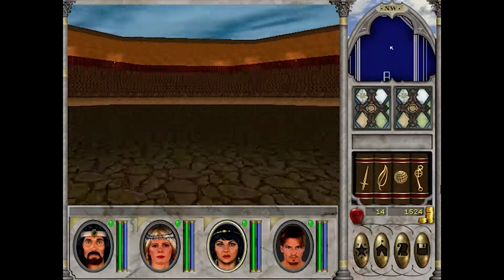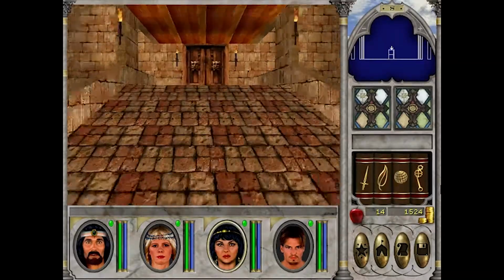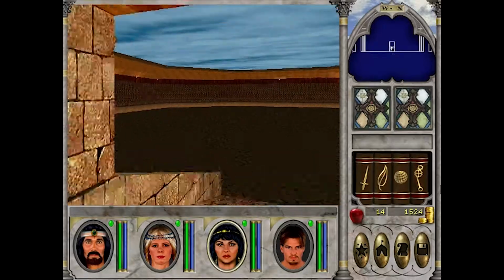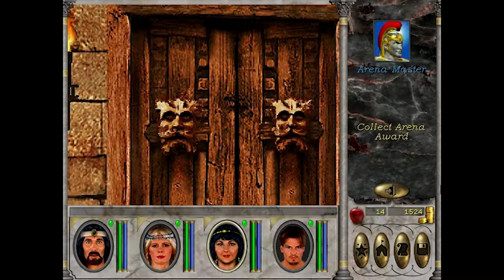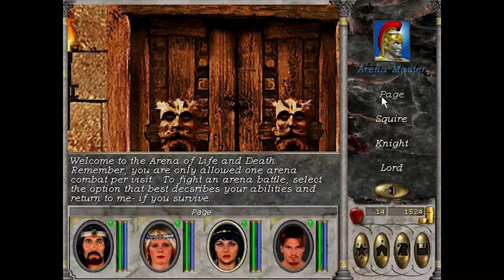It's open on Sundays. You can travel to it from Iron Fist and Brehaven, and you can only travel there on Sundays. And basically this is how it works. You talk to the arena master, you click on collect arena award, and then you choose a difficulty level. It goes from page to lord, and if I remember correctly,